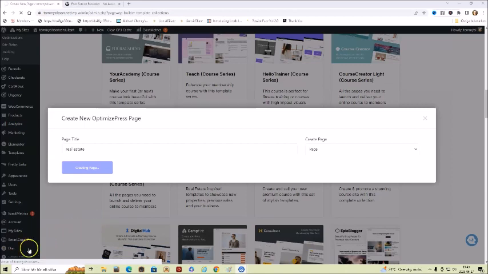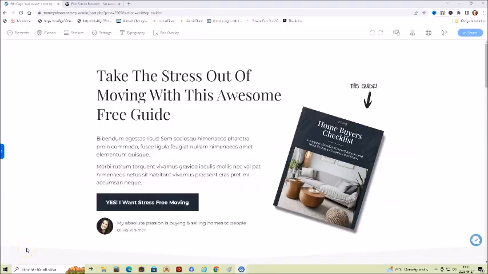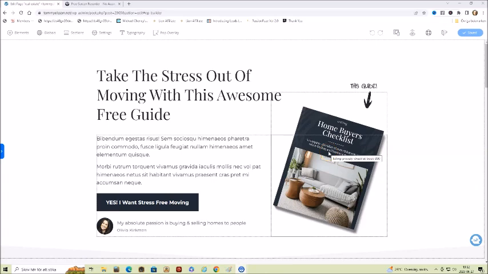Here we are at the page we have chosen. You can of course edit any text or image any way you want. If you have an image of something, if you have created an ebook that you want to give away for free, then you can just edit this image, of course, and the button, and the text on the button, and so on. Just click on what you want to change.